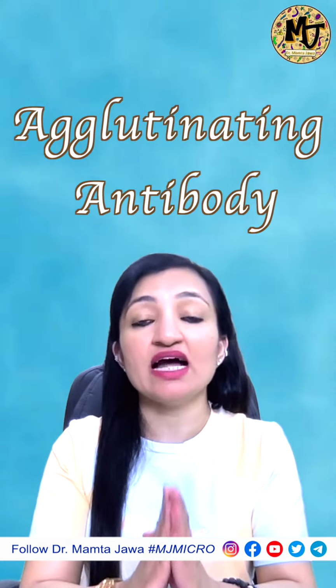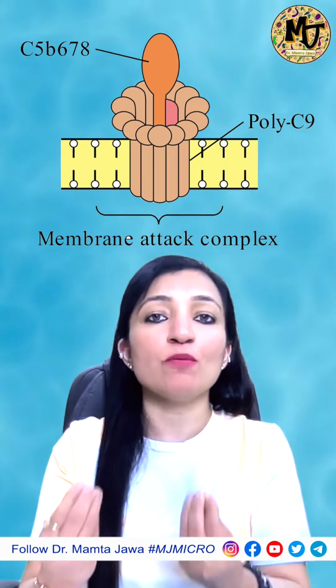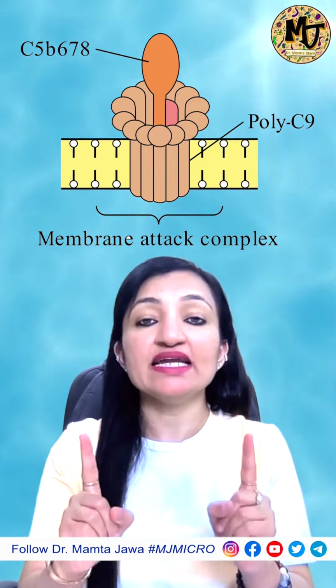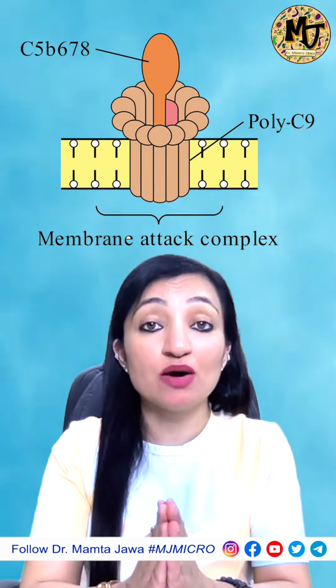This antibody, that is IgM, is also known as agglutinating antibody because it participates pretty well in agglutination reactions, and it's the most potent activator of the classical pathway of complement, and therefore is appropriately regarded as the lytic antibody, because at the end of complement activation we get a very lethal weapon for the microorganism, that is membrane attack complex or MAC, which is going to cause lysis of the microbe by getting itself inserted into the membrane of the microbe and therefore bringing about its lysis.